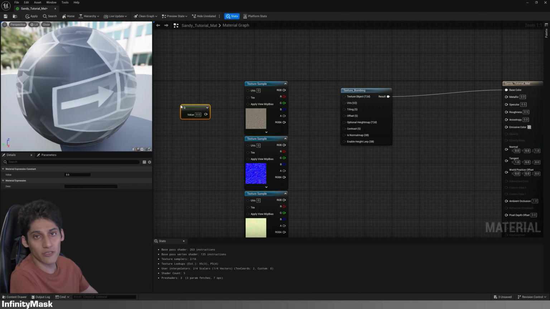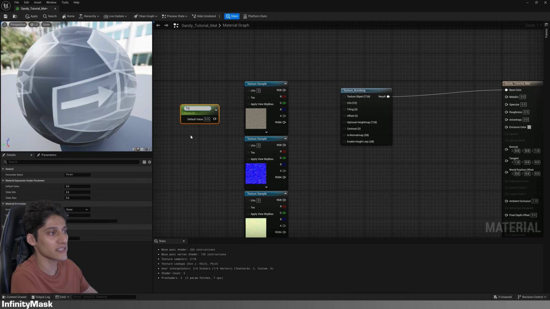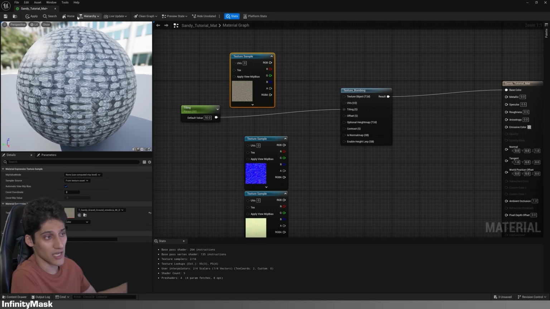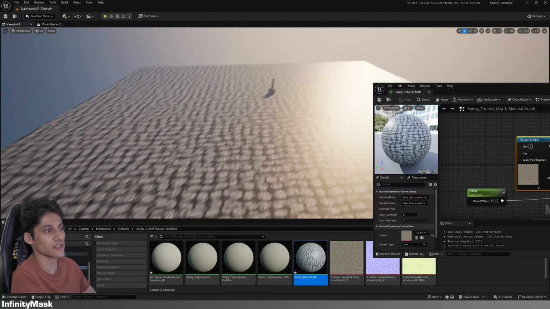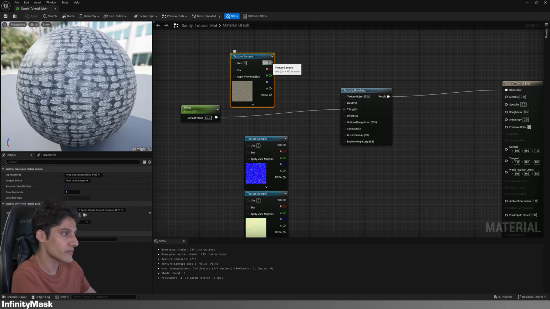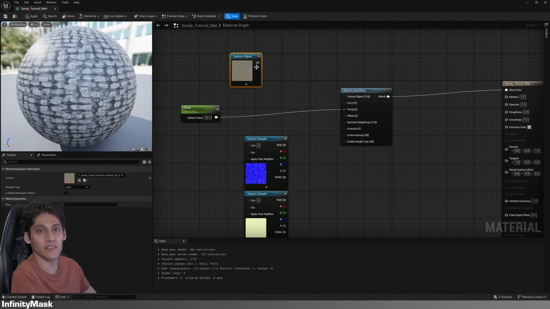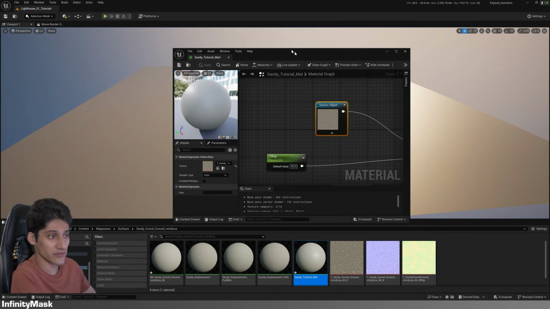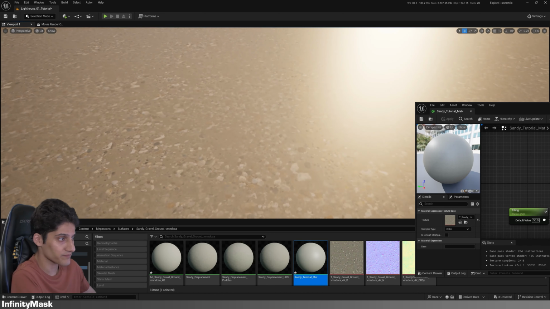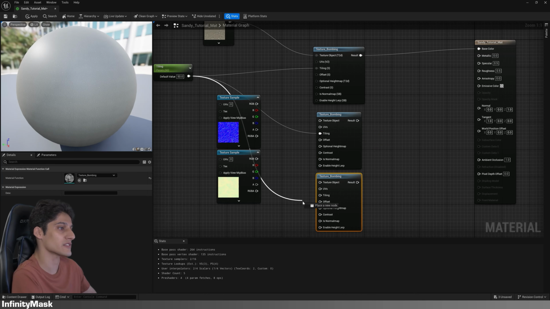Hold 1 on your keyboard and click to create a constant node. Change it to a parameter and rename it. Connect this to the tiling input on your texture bombing node and hit apply to see the effect. As you can see, texture bombing blends the same texture in various directions to hide the tiling. Now you can connect your texture. Because it should be a texture object, right click on the texture and change it to a texture object. Connect it and then hit apply to see the difference. Repeat this process for other textures.